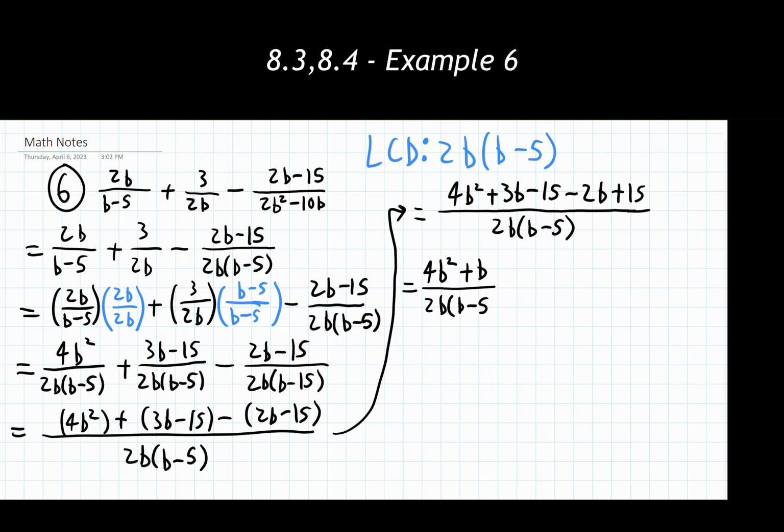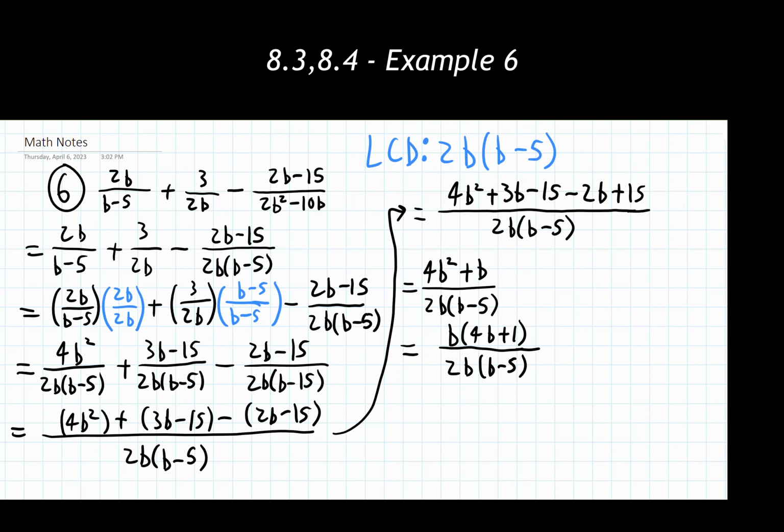Okay, so there's our step 5. We fully simplified the numerator as much as we possibly can. Step 6, final step, simplify and reduce the rational expression. Fully factor the numerator and denominator and then cancel. So again, if I want to cancel things, I need to factor, then cancel. So looking at the numerator, I can factor a b out from both of those terms. I have a 4b plus 1 left over. The denominator is already fully factored, so don't need to do anything with that, which is great.